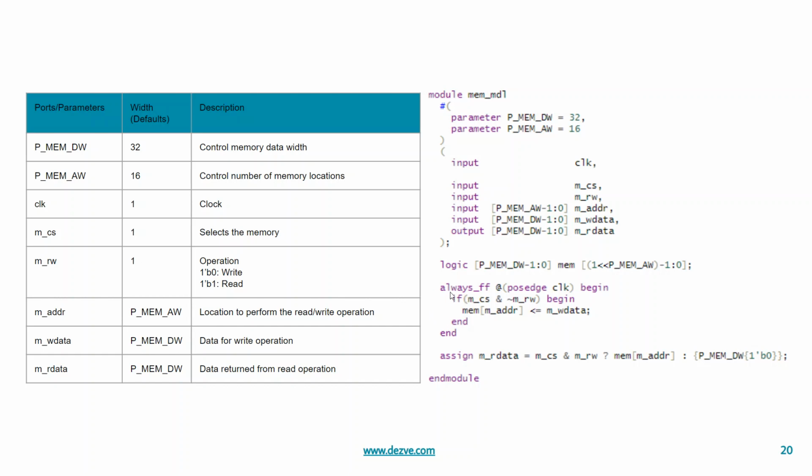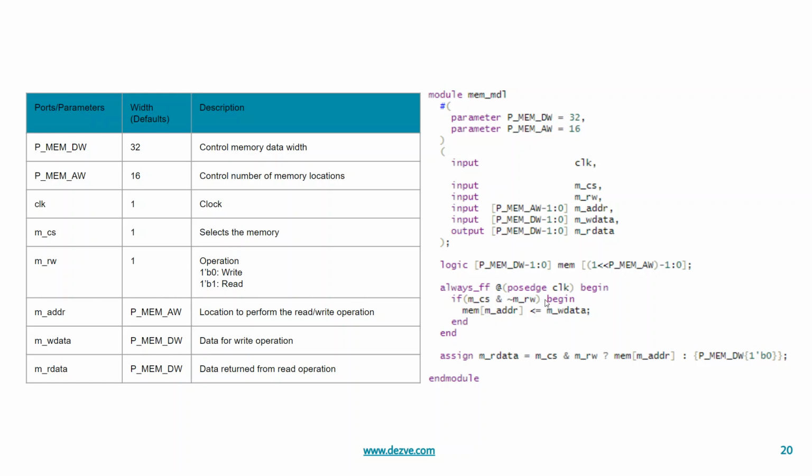Since we said that the updates to these memories are synchronous, we use always_ff at the passage of clock. So on this edge we will update. Now when we are going to update, we are only going to update when there is a write, correct? So this if statement specifies here again the chip select. If the chip select is high or asserted, and the read write is 0, when the chip select is 1 and MRW assumes a value of 0, then it indicates that it's a write operation.